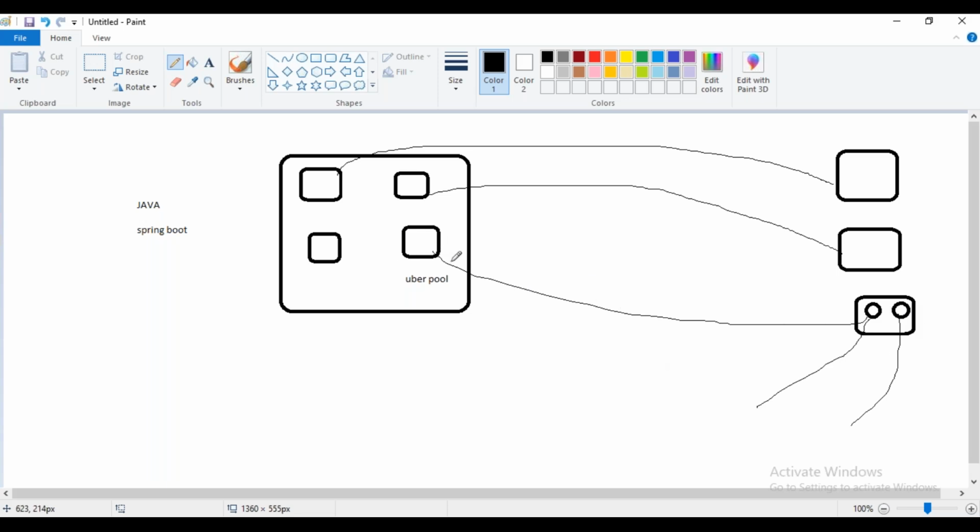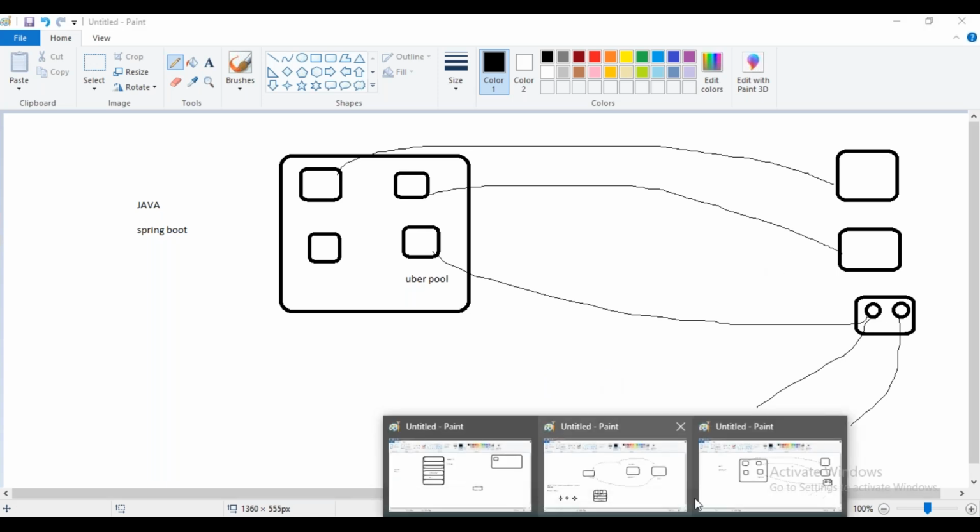And as I said, another advantage: if a monolithic application has a problem, it will impact the complete application. If it is a website, it will impact the whole website. But here, if some option is not working, only that option is going to have a problem. The remaining options inside that website or app will function as they are. Got it?